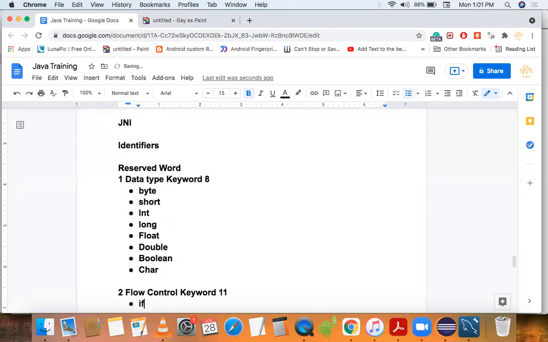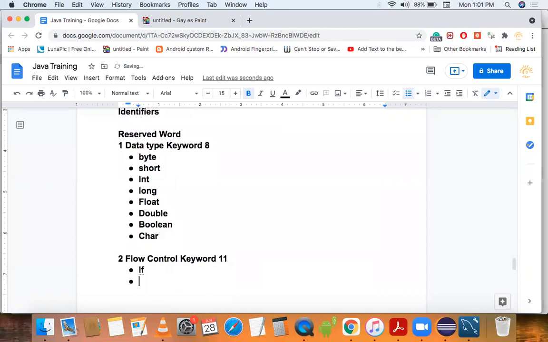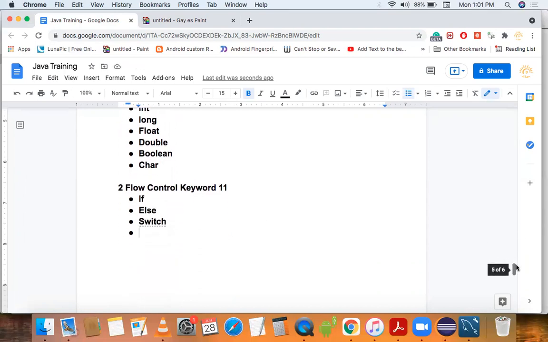First one is if, second one is else, third one is switch, and next is case.